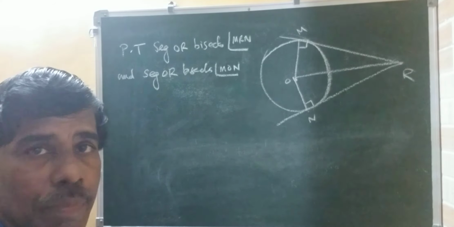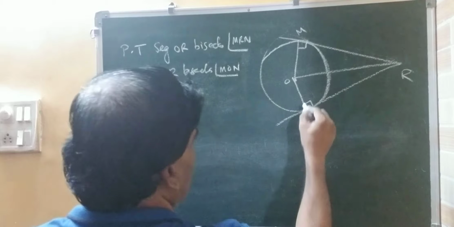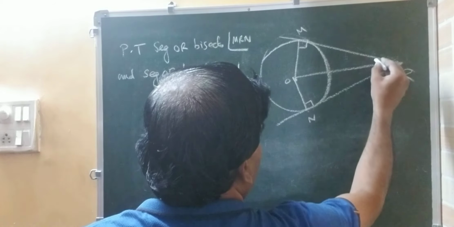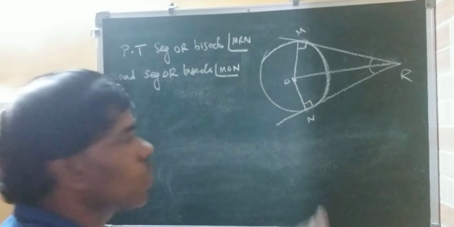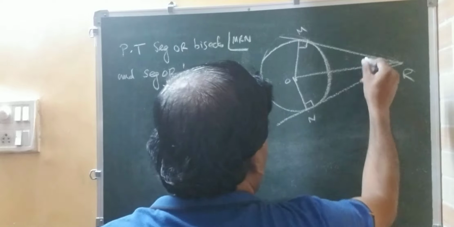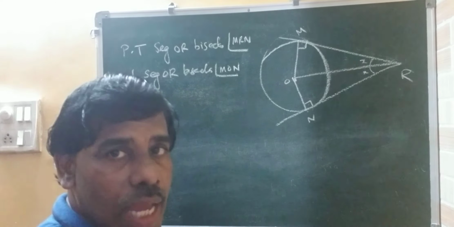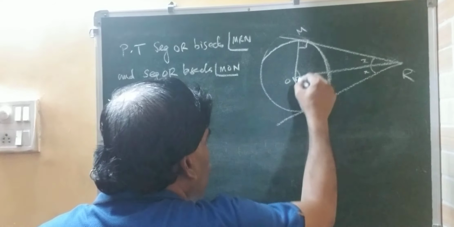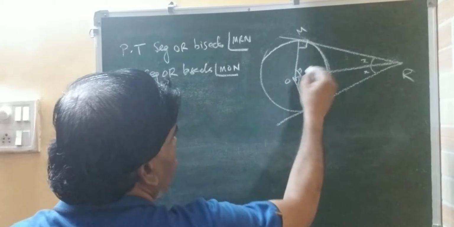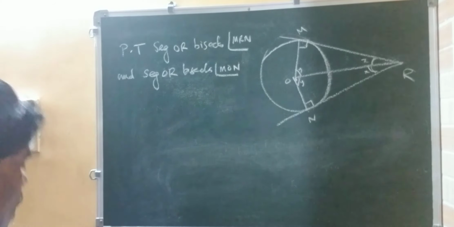See, the meaning is like this. It is a tangent, it is 90 degree, it is 90 degree. Then this line is OR. Suppose this is 60 degree. So they are telling this line will divide this into equal parts, this also X, this also X. And also this line will divide this angle into equal parts, that is also Y, it is also Y. So that we have to prove. Okay, now we will do it. Proof.